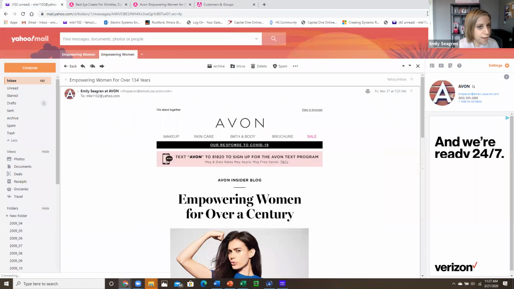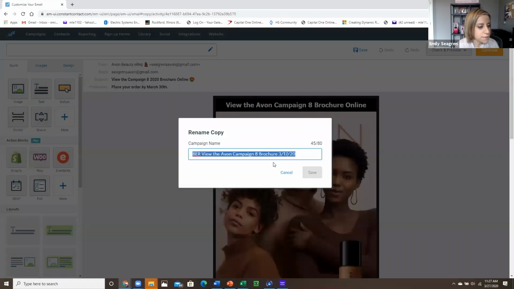So let's now go into Constant Contact, and I'll show you how I create an email for my customer list. So it's always easier to start from previous work. So once you are in here and have some templates made up, it's a lot easier and quicker to come up with marketing emails just to send right out. Some of the advantages of doing your own email is